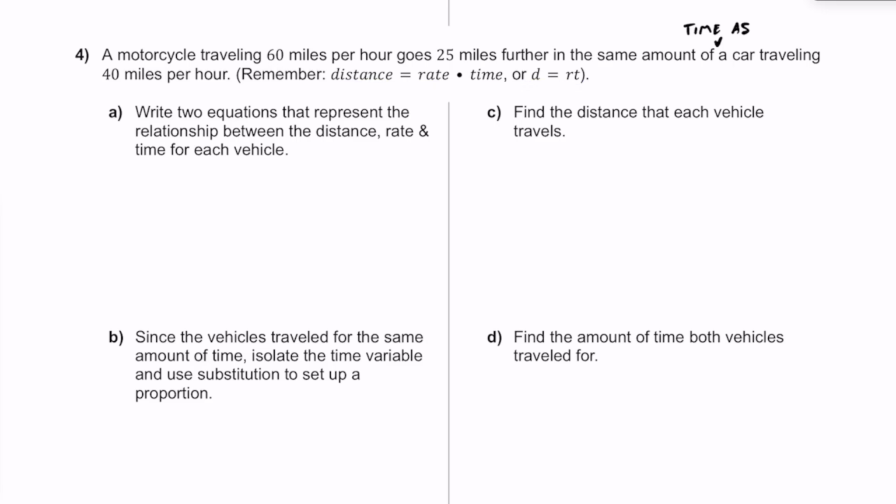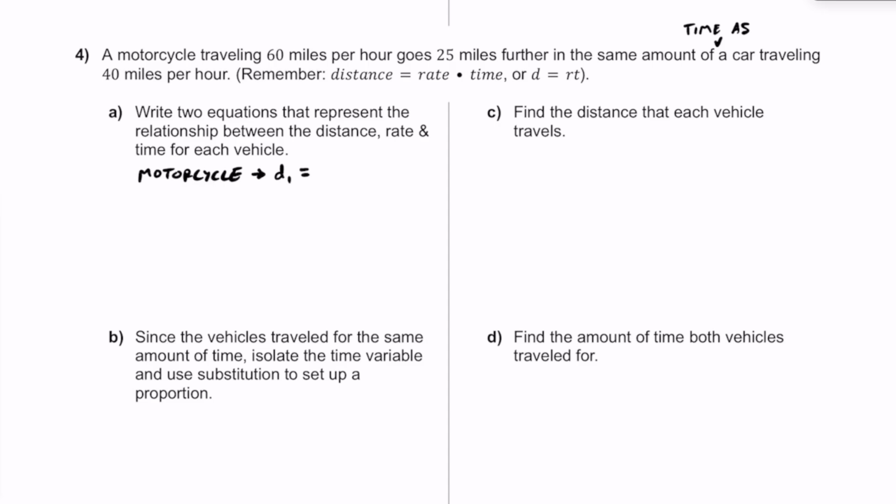All right, so to start off in part A, it says write 2 equations that represent the relationship between the distance, rate, and time for each vehicle. So for the motorcycle, we can start by saying that the distance is going to be equal to rate times time. I'm going to call this distance of the motorcycle D1. This D1 is going to be the distance for the motorcycle, and that is going to be equal to rate